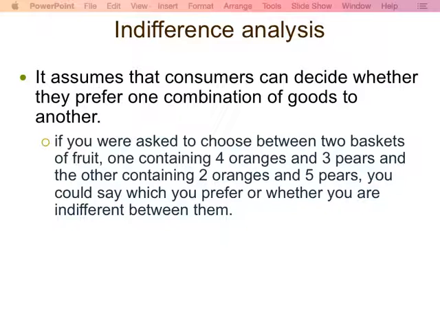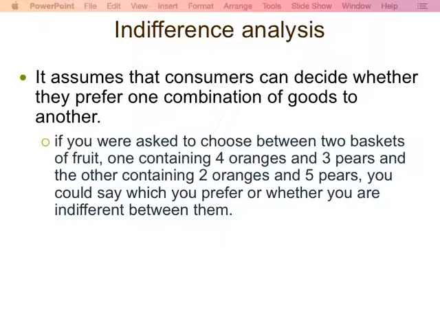If you were asked to choose between two baskets of fruits, each containing different combinations of oranges and pears. In one basket you will have 4 oranges and 3 pears. In the other basket you will have 2 oranges and 5 pears. If I ask you which one you prefer, you could tell me I am indifferent between them. You know, I can choose either of them, or I prefer one or the other. That's the indifference analysis. Very simple indifference analysis,